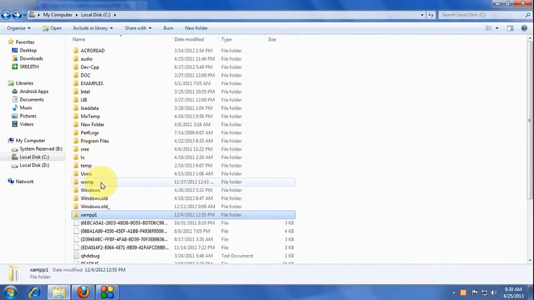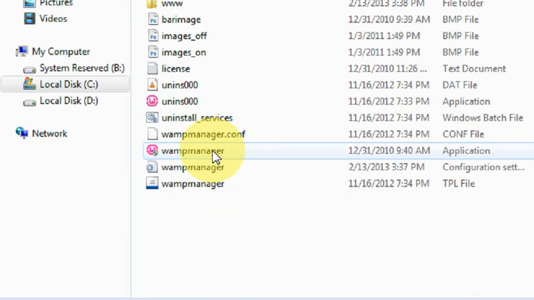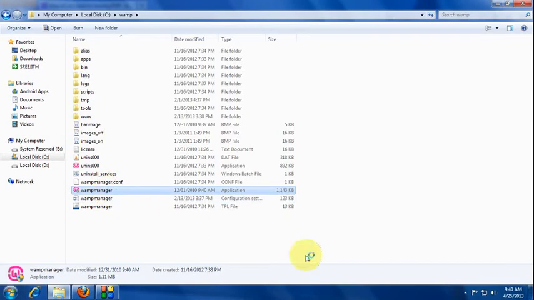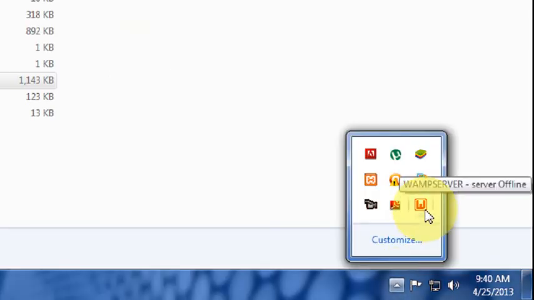Now how to start WAMP? Open the WAMP directory. There will be wampmanager.exe. Double click on it. As soon as you double click, just see the symbol in the task manager is red.